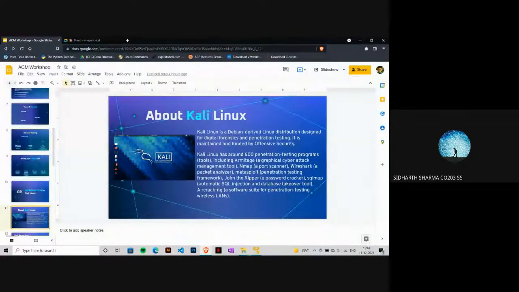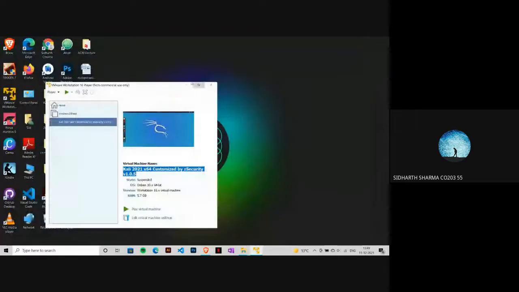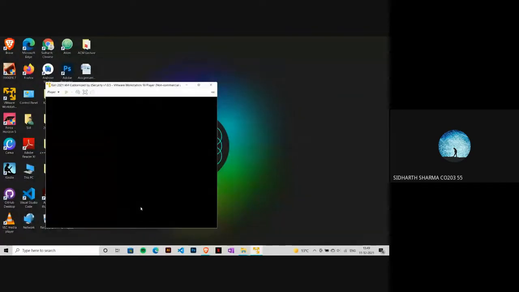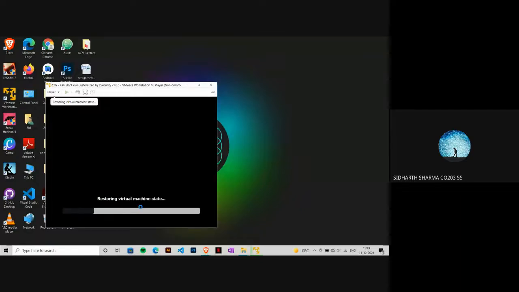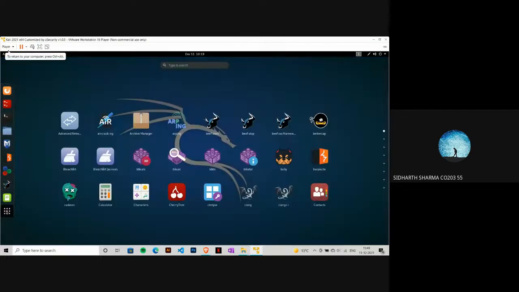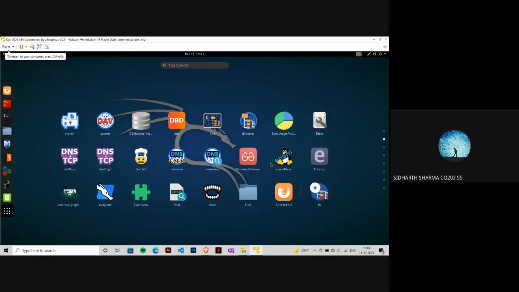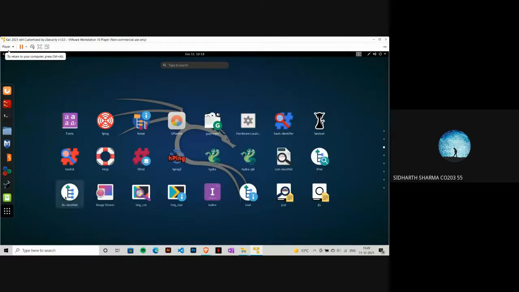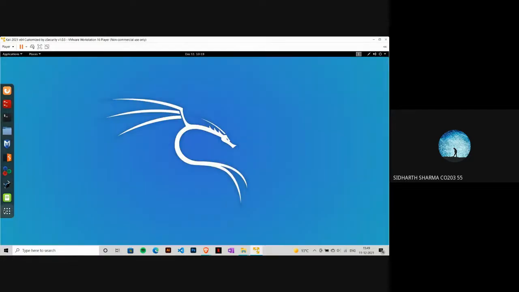these. Now I'm going to open the Kali Linux machine, and it will take a little time restoring the virtual state. It totally depends on the hardware of your system, how fast it is. It's open now. This is the whole virtual machine, as you can see over here. And as I told you, it has various attack programs installed. You can see Bettercap, BeEF, DNSChef, Evilgrade, Fiked, and tons of hacking tools are already installed